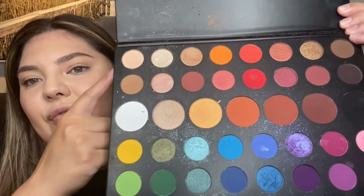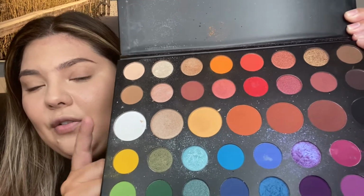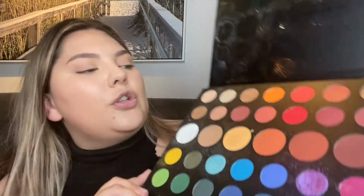I think this is beautiful for natural tones, even contouring things, but you have all your natural tones here if you want to blend and stuff too. And then you have the most beautiful pops of color. So there's so much versatility with this palette. It's absolutely beautiful. And so the last palette we're going to talk about today